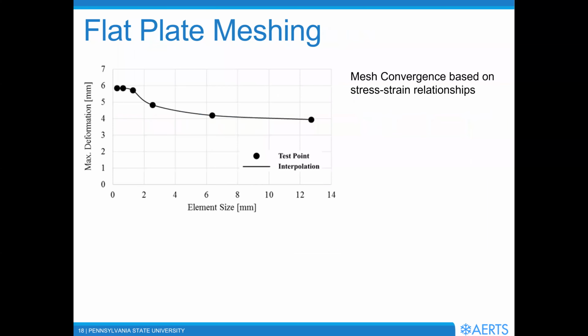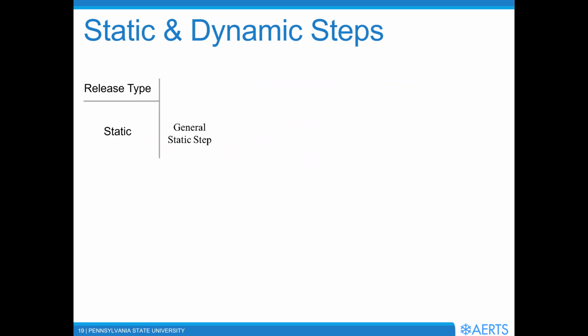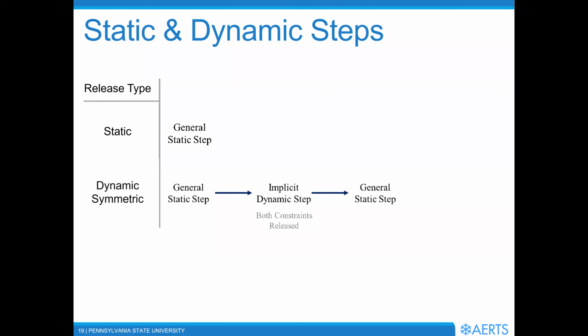Once again, notice that we did mesh convergence based on stress-strain relationships. From these results, we decided what was the best element size to conduct our modeling, and we ended up with elements for the ice of 0.86 millimeters and elements for the plate being 0.25 millimeters. Notice that we will have some static analysis, but after the static analysis, once the plate starts inflating,